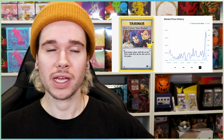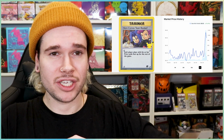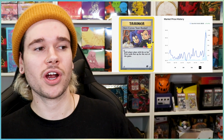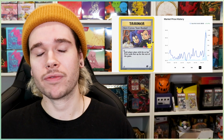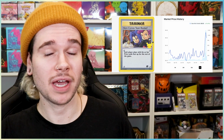I do think Celebrations cards have a really good shot at growing in the near future as well, with the 30th anniversary coming out. I think in general, Celebration singles are going to grow. I think this being a Team Rocket card, it's going to grow. Yeah, it's not a very expensive one, 50 cents. You could buy like 100 of these things. I don't really play around with vintage, but I think this is a really good option to get that vintage look and a card featuring Jesse, James, and Meowth at a really